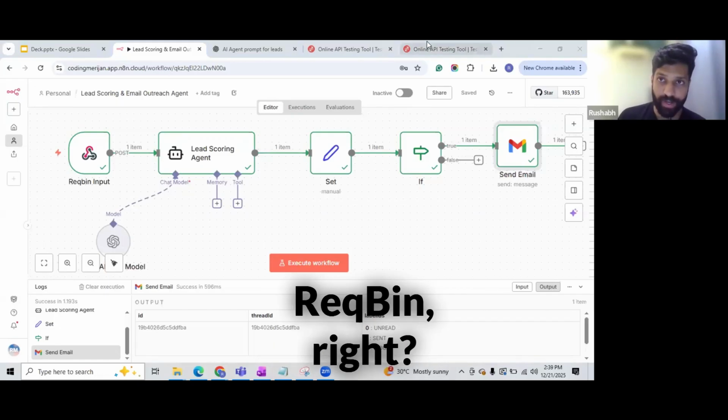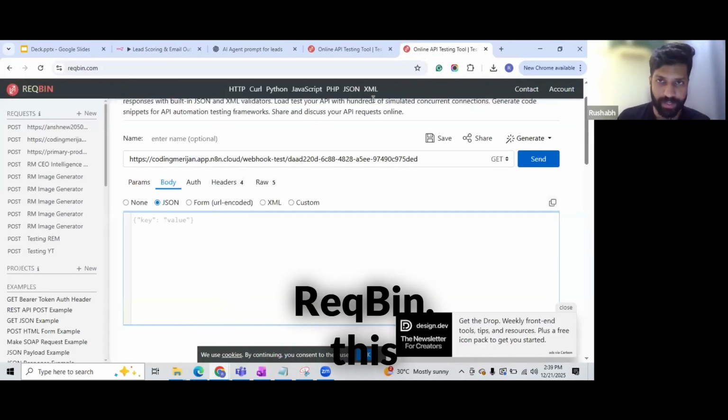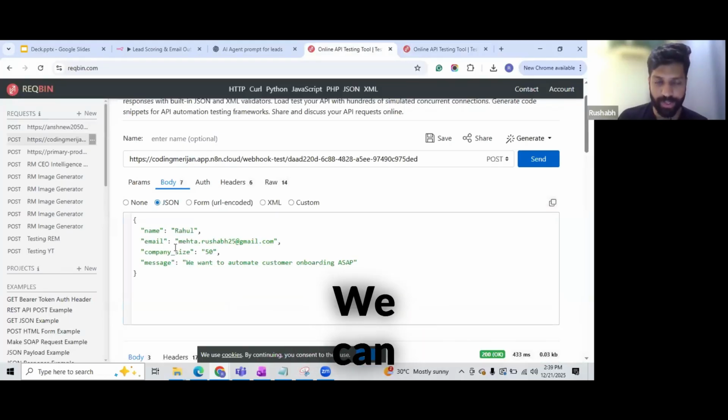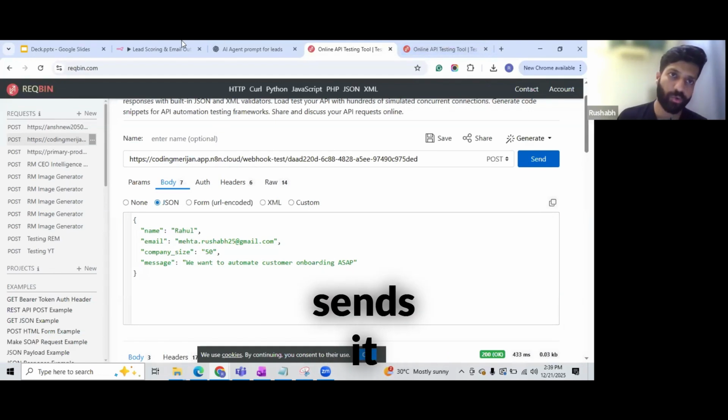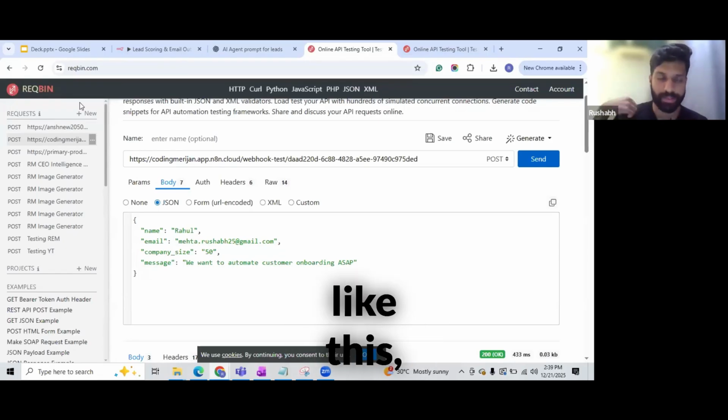So today we used ReqBin, right? But like I said, in place of ReqBin, all of this can come from a Lovable form too. We can have a Lovable form that has these fields: name, email, company size, message. I fill that form out and it sends it to your n8n, that's something we'll do in an upcoming class. Today I just wanted to keep things simple and also to get you used to ReqBin and other tools like this, right? Because